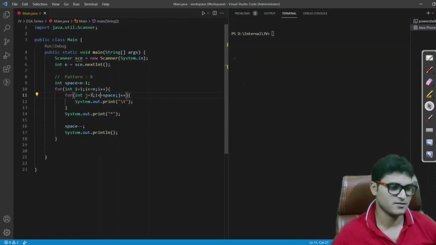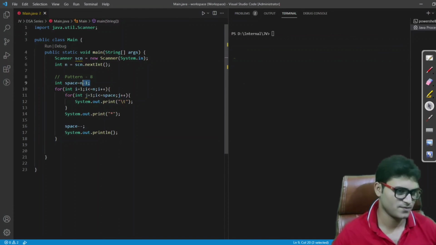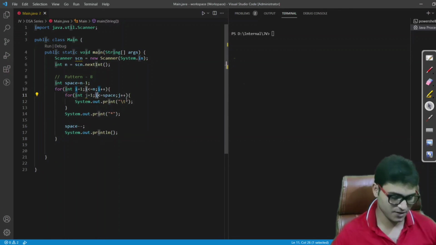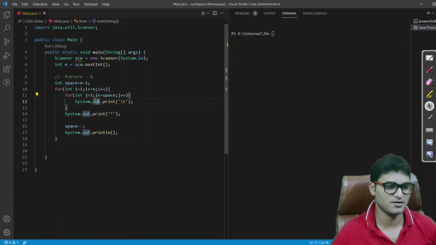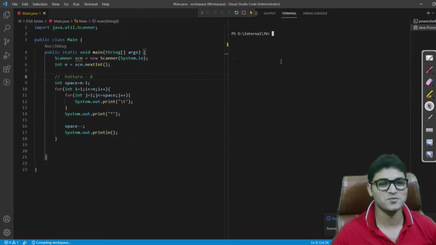Fine. Okay, so what we have done is, I don't think there should be any mistake, but still spaces initially it is 4, and okay, so we have written j instead of I. Sorry, we have written I instead of j. So that was a slight mistake, but it will put you in the infinite loop.